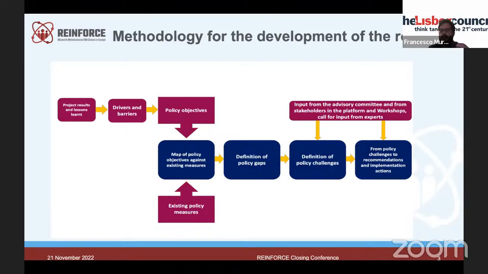Then, starting with the policy challenges, we had a lot of input in the workshops, of course the last one in Pisa at the beginning of the month, a lot of input from the advisory committee, from other experts that are part of the community, and also from partners in order to elaborate the recommendations, which will be finalized in a matter of days.